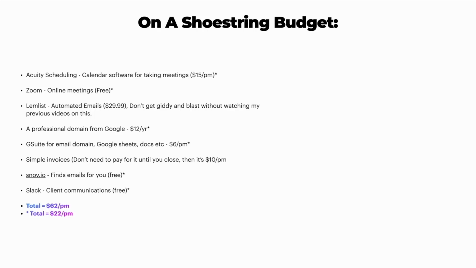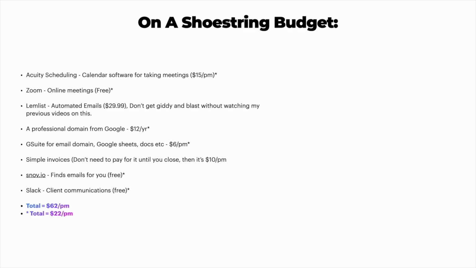Zoom is an online meeting platform. I'm pretty sure you may have heard of Zoom now. It's getting very, very popular. It's basically like the better version of Skype. People don't actually need to create an account like Skype and then add each other, which is why I love Zoom. What you want to do is take your Zoom account's unique meeting room link and put it into the email reminders of your Acuity scheduling software, so that when people book a meeting with you, it will say the time, the date, and the location will actually be your link to your Zoom meeting. When people want to join the meeting, they click the link and you can take online meetings. This is how you take online meetings.